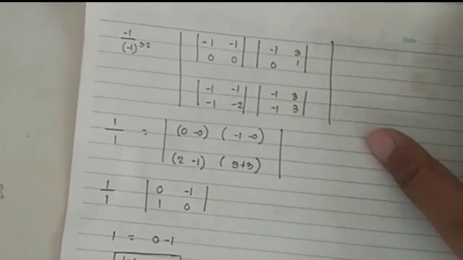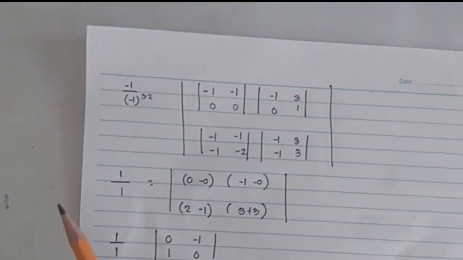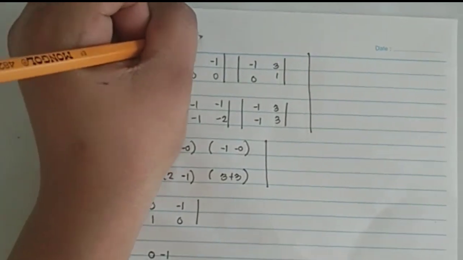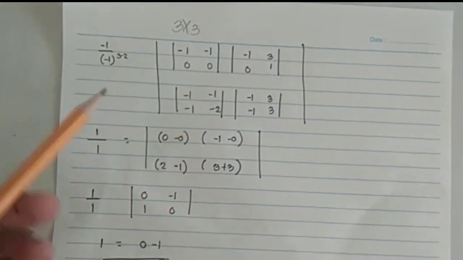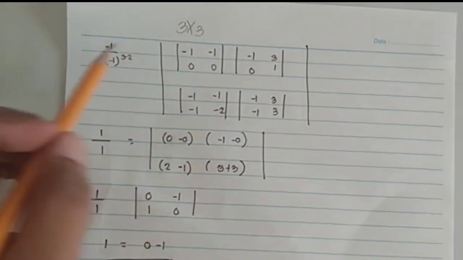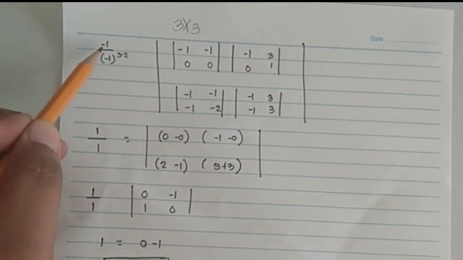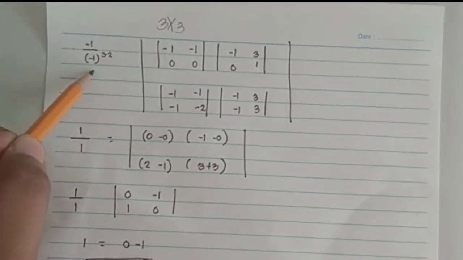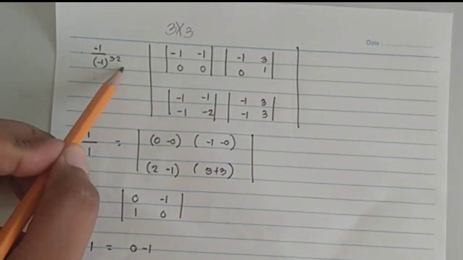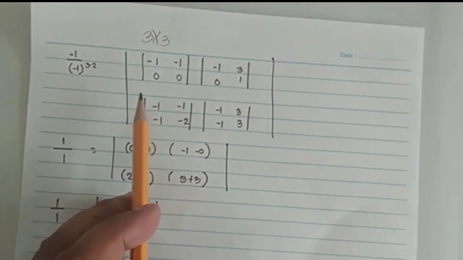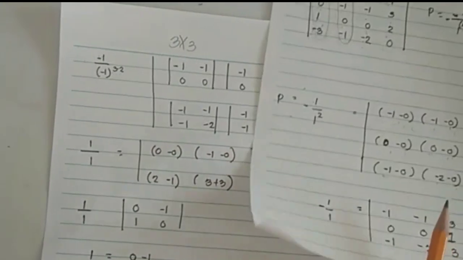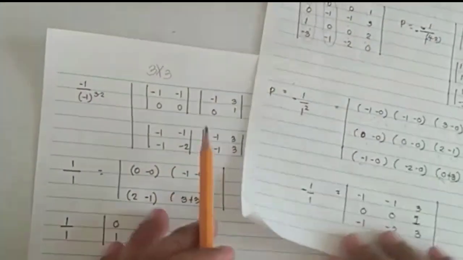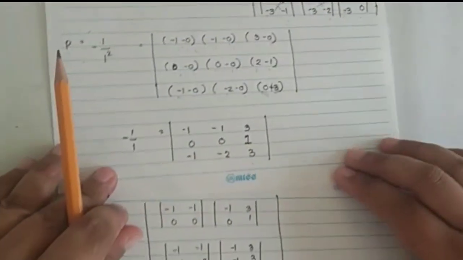So we do the 3 by 3 matrix now. Okay, so the 3 by 3 matrix. Our formula for the 3 by 3 matrix is the same. So we just substitute the value from negative 1 all over negative 1 raised to 3 minus 2. And then in here, we have this value. We need to group them. So if we are going to group them,